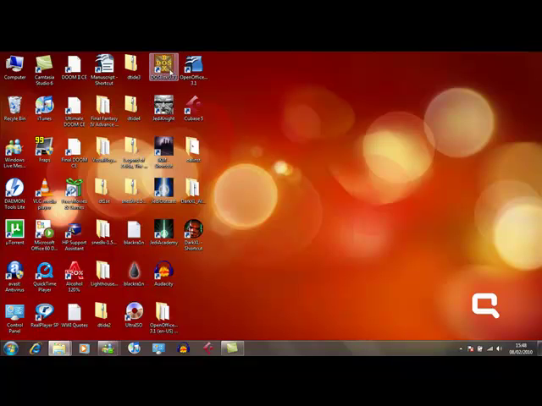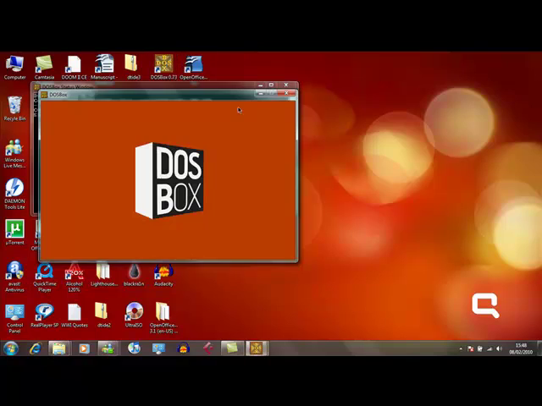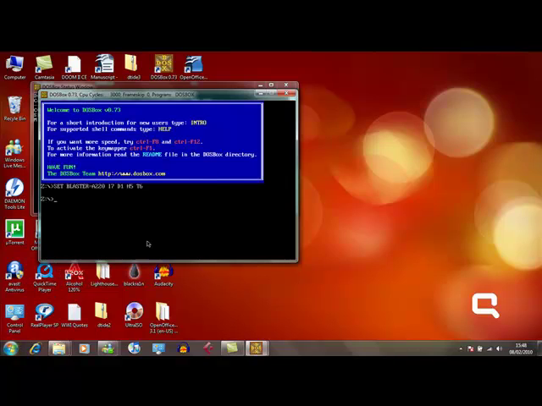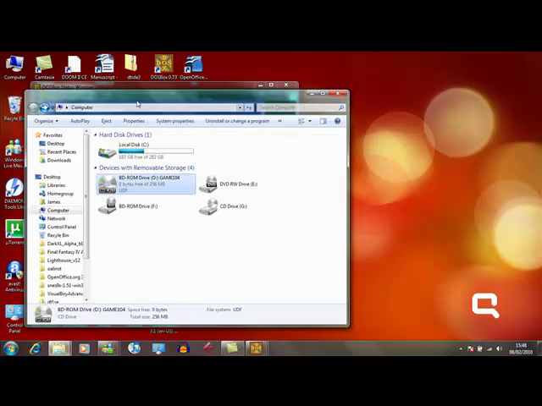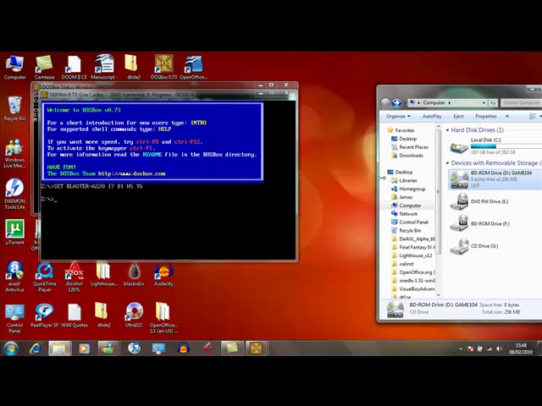And what we do is we download a piece of software called DOSBox. Now you can just type this into Google and download it. I'll post a link to it in the video description. This basically opens up a DOS prompt because it's not easy to do it on this. So this can be quite confusing. What we want to do is to